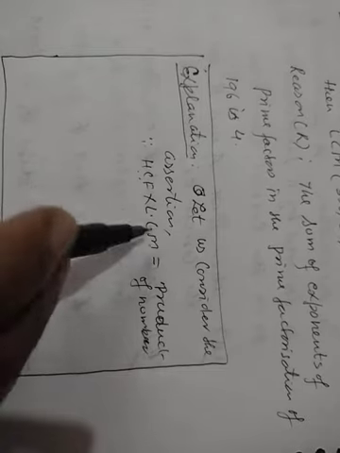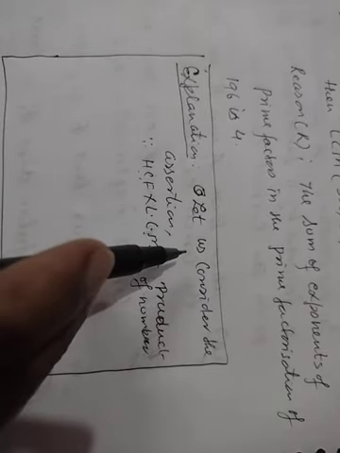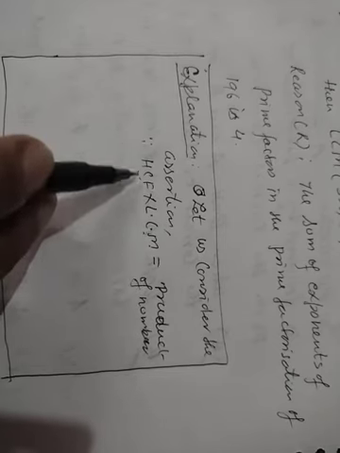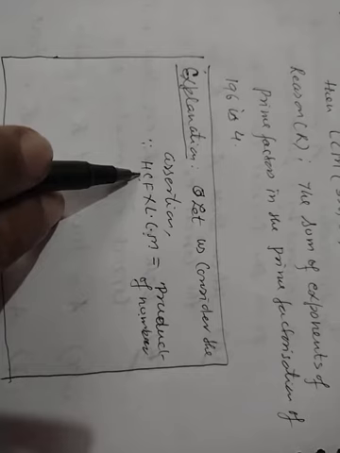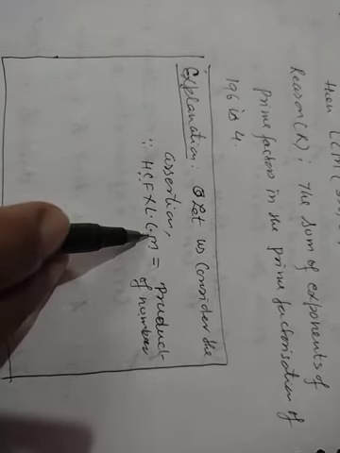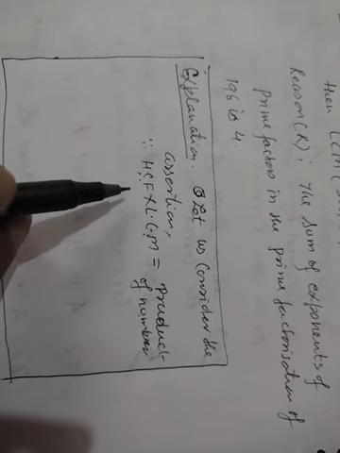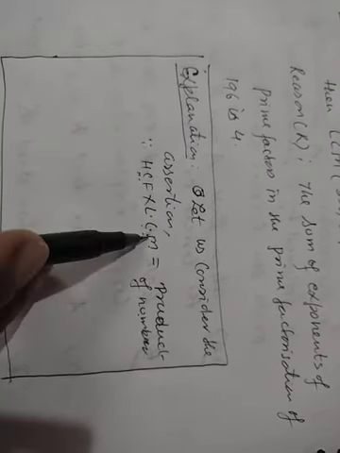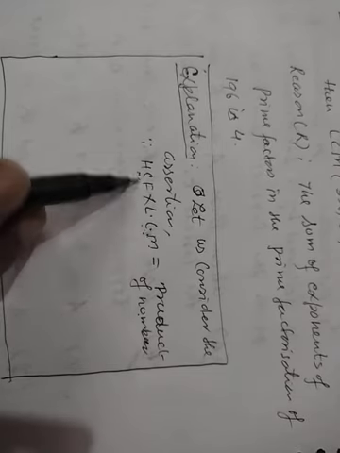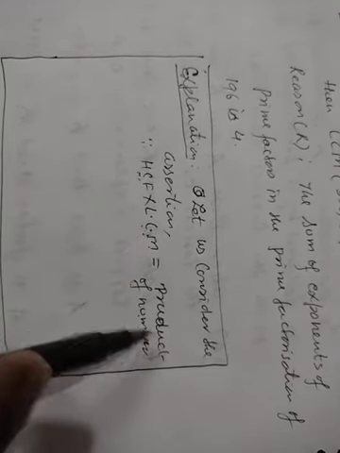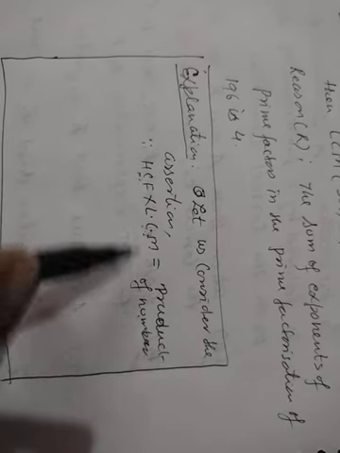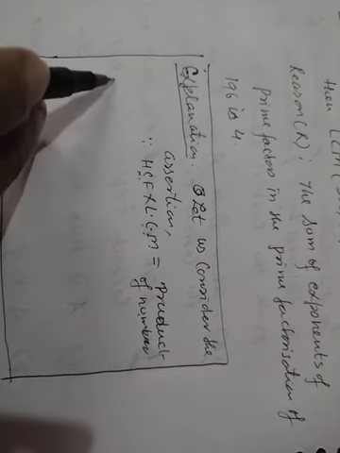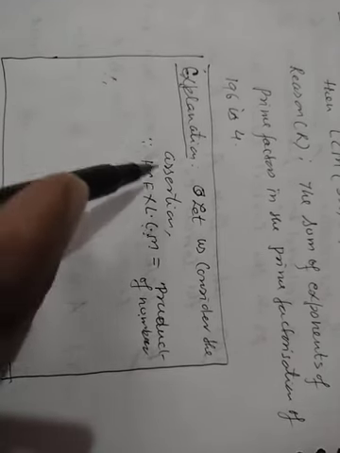This is the formula. If two numbers are given, then the product of the two numbers is equal to the product of their HCF and LCM. If two numbers are there, you first find the HCF and the LCM, and you find the product of HCF and LCM. Then this product will be equal to the product of the numbers. Okay, so you must know this formula. And now according to the given assertion,